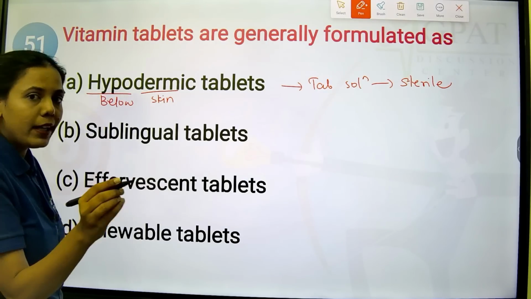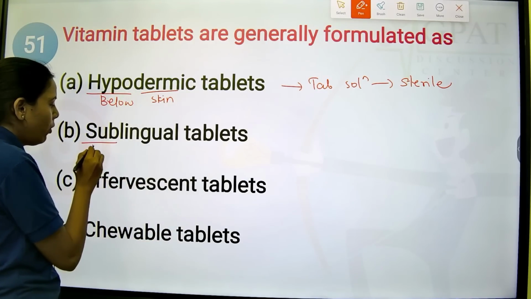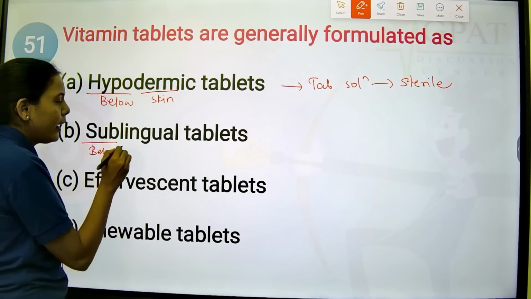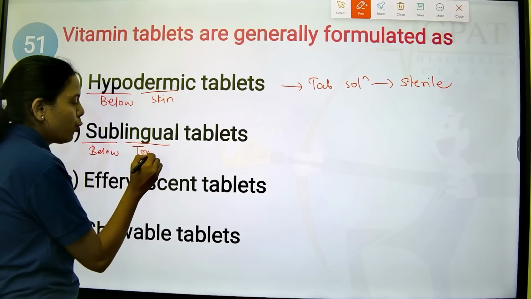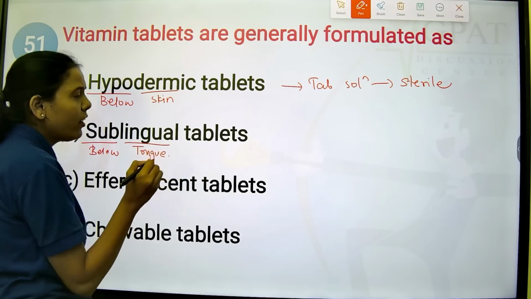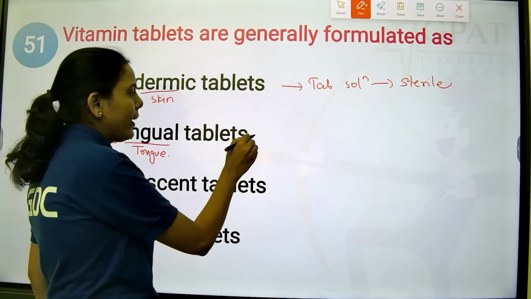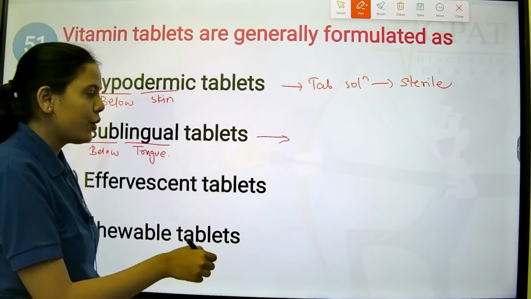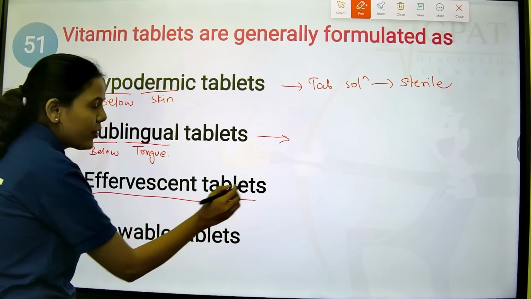Then we have sublingual. Sub means again below, and lingual means tongue. If we want a fast action, for example in heart conditions, we give it sublingually. Then the effervescent tablet, which releases certain gases like carbon dioxide,